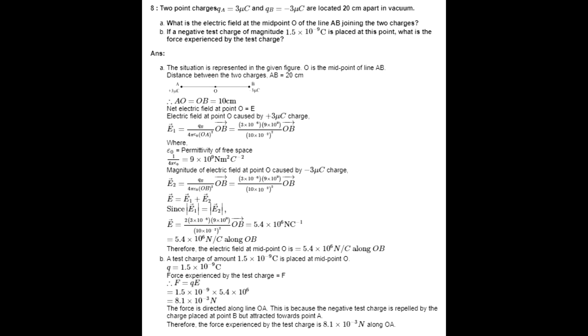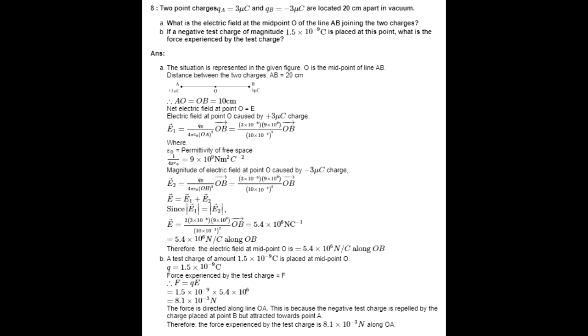And if a negative test charge of magnitude 1.5 into 10 to the minus 9 coulomb is placed at this point, what is the force experienced by the test charge? So first part,